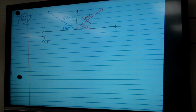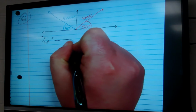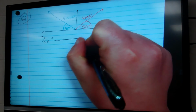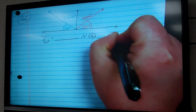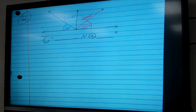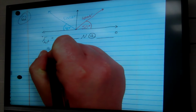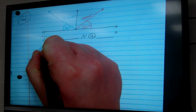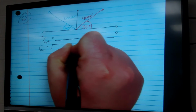We will find it. Alright, so the F net. This is going to be a single number. What we're going to find is some value, the magnitude, which will be the number, and that'll be in newtons. But then we'll have it at some angle. In order for us to do this, we need the net force, which will be equal to the square root of